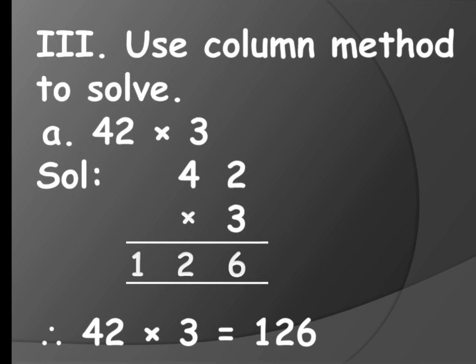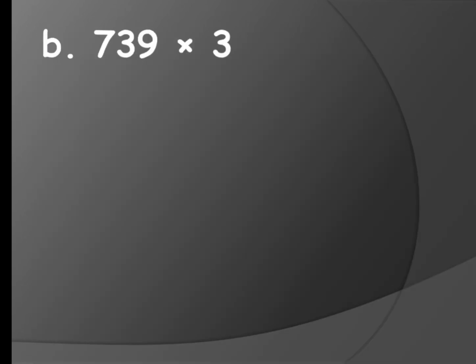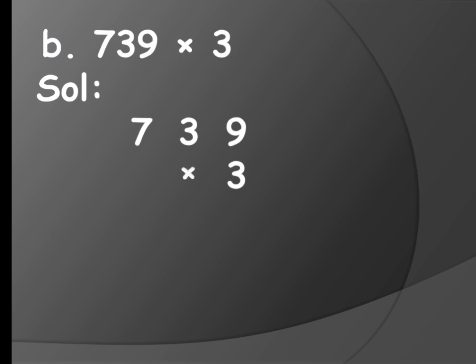Next you have 3 digit into 1 digit. So 739 into 3. So you have to write these numbers in columns as we have done for 2 digits. Isn't it, children? 739. And 3 you will write it down. Okay, now you need to multiply, isn't it, children? So in ones place, what do you have? 9, isn't it? So 3 into 9, 3 nines are 27, isn't it? In 27, 7 you have to write it down and 2 you need to carry.